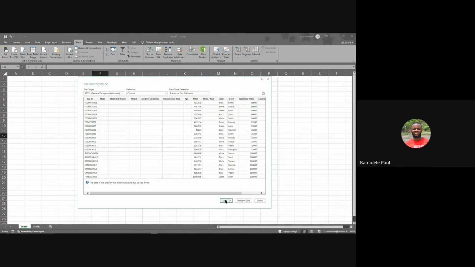So we can either load the data or transform it. When we load the data, it takes us to Excel immediately. We skip the process of transforming. Transforming is just like you are cleaning your data. You want to add some